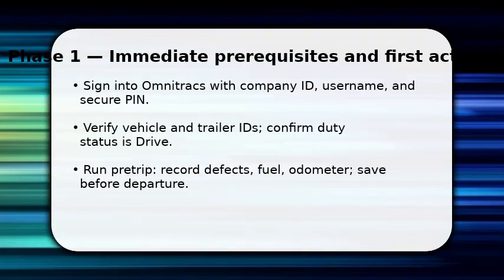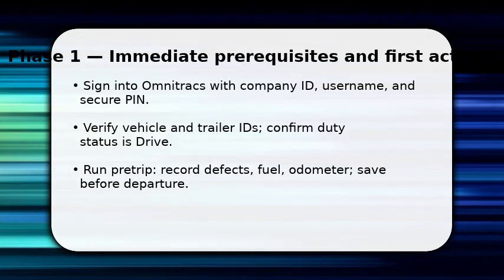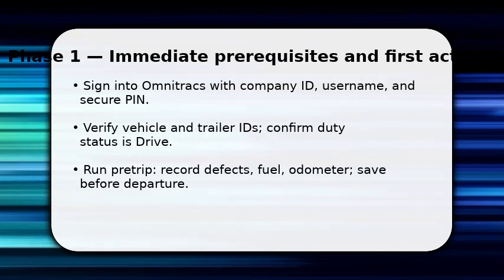You start by signing into Omnitracs. Use your company ID, username, and secure PIN so records link to you. Next, confirm the vehicle and trailer ID on screen. This prevents misassigned miles. Once done, set your duty status to drive and run the per-trip checklist, record defects, fuel,